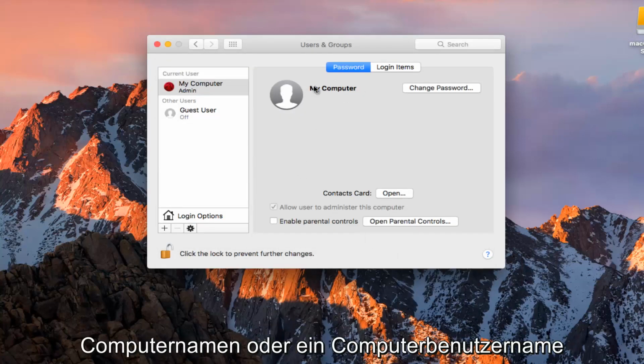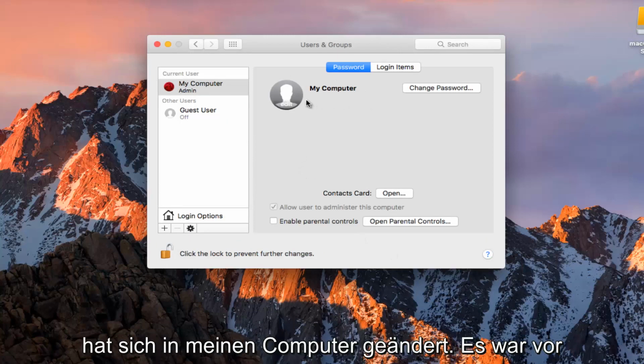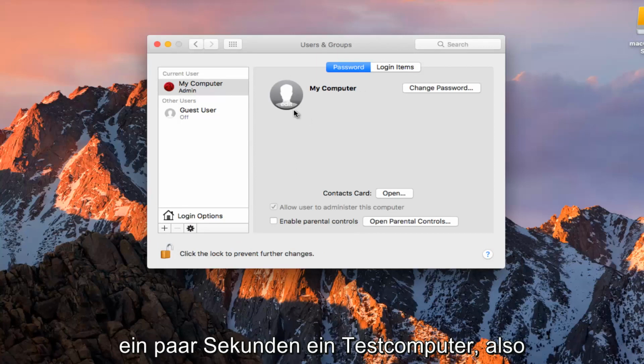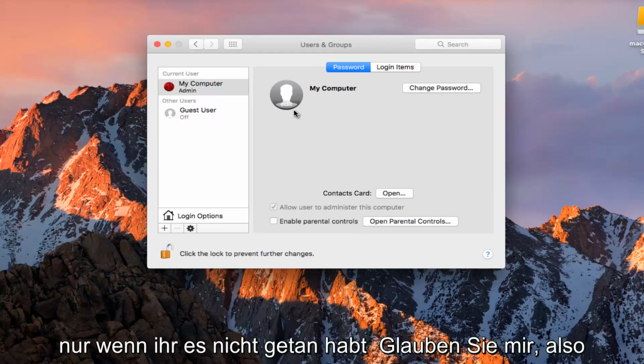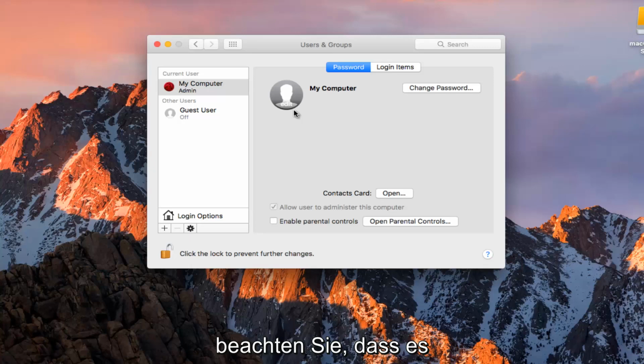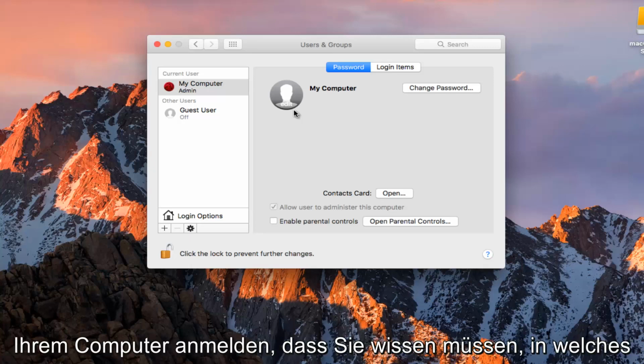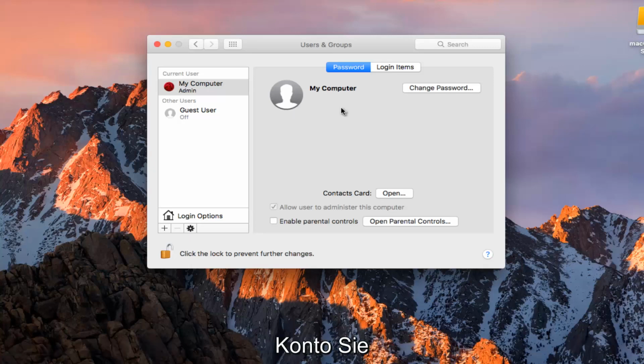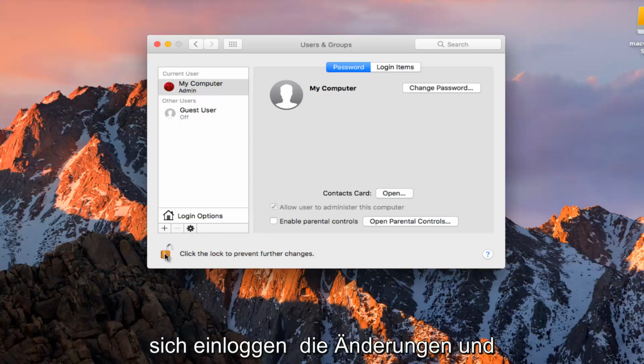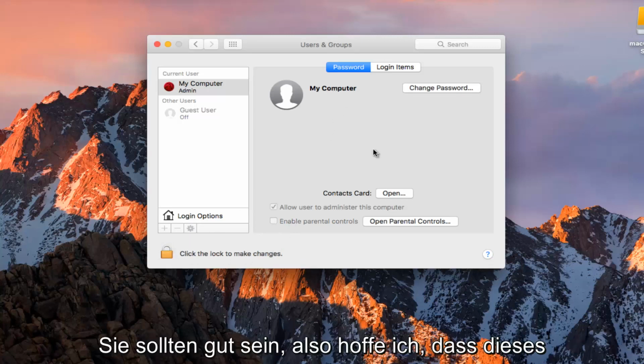You see our computer username has changed to my computer. It was test machine as of a couple of seconds ago. So just if you guys didn't believe me, take note of that. It's going to be very important when you're signing into your computer. You need to know what account you're logging into. Once you're done doing that, you want to click on the padlock again to save the changes, and you should